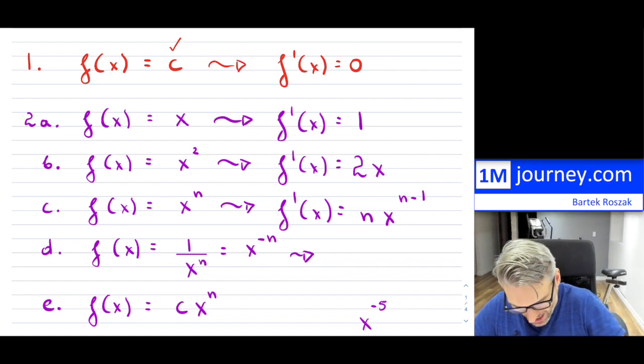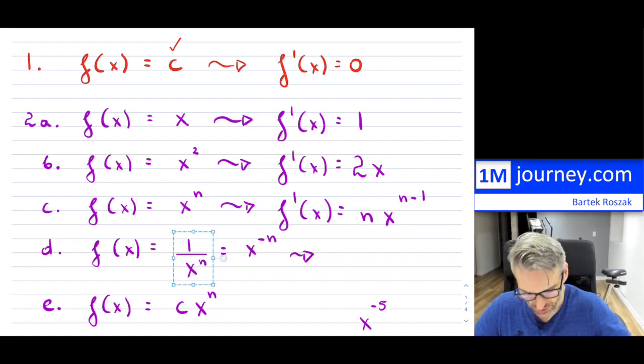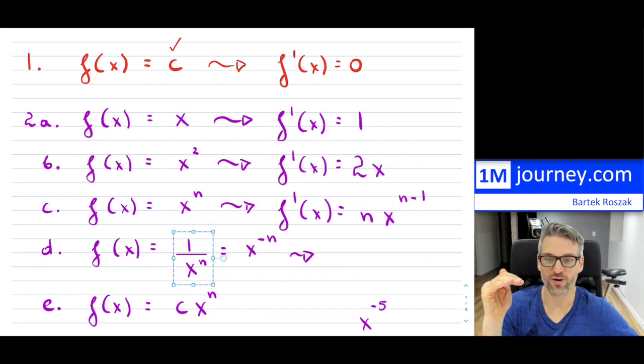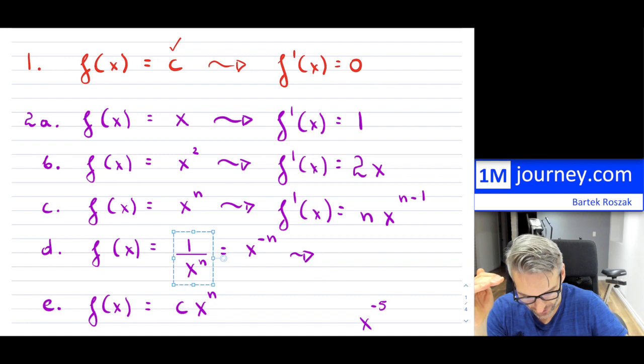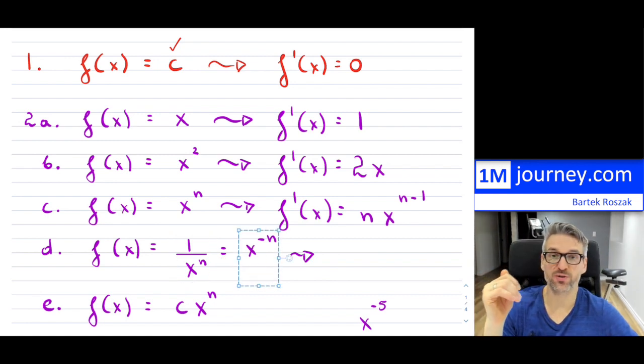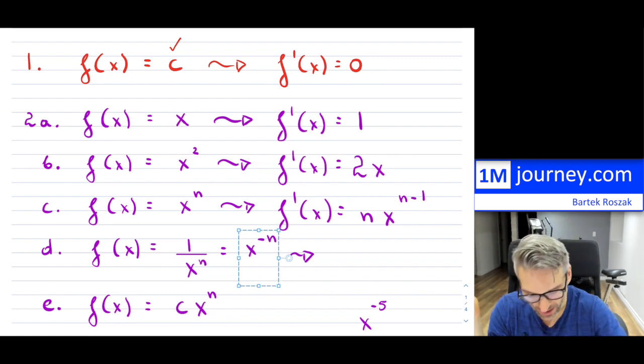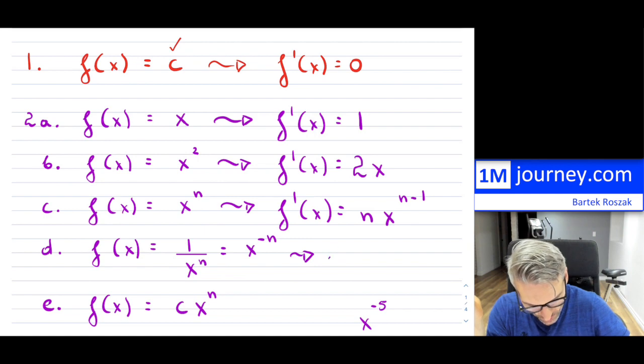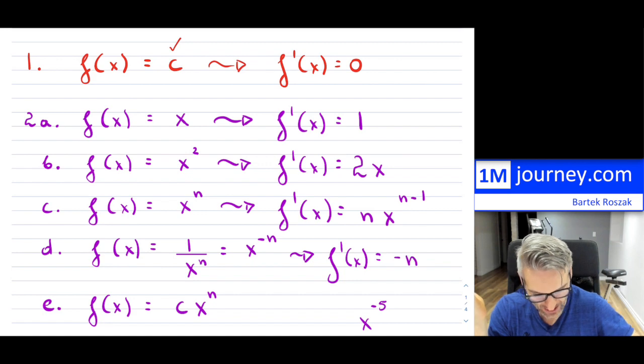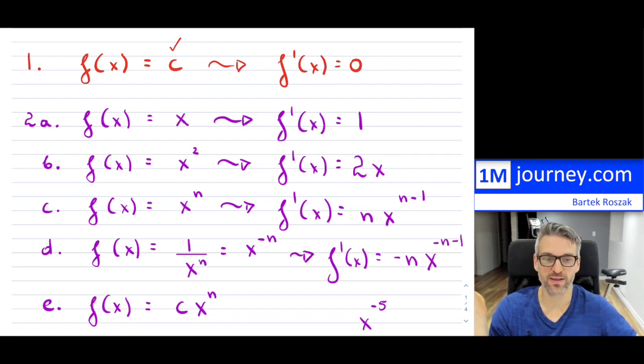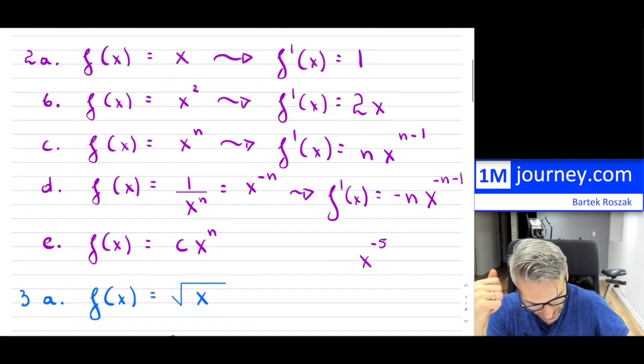So if you have a function and it turns out that it's, let's say, 1 over x to the power of n, let's not forget that it is equal to x to the negative n. That's just by the exponent rules that we have. And once you put it in that form, the actual derivative is equal to the exponent, which in this case is negative n, times x, and you subtract 1 from the exponent. So it follows the same pattern,